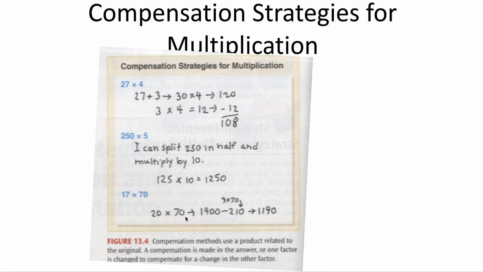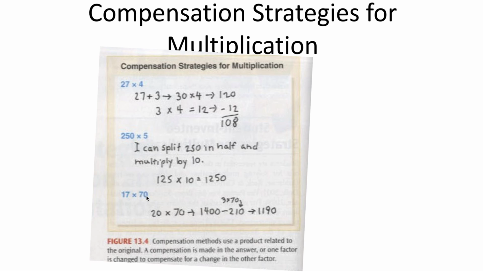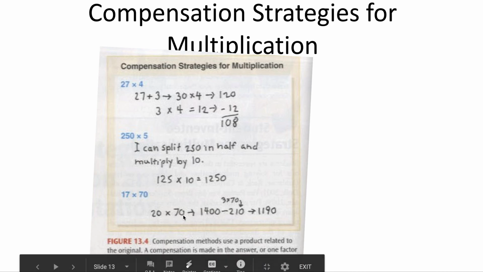But you need to keep thinking about, because I added 3, I need to take that away. But since it's multiplied by 70, later I need to take away 3 times 70, right? Keeping that in mind, the student did 20 times 70 is 1400, and then take away 3 times 70 and got